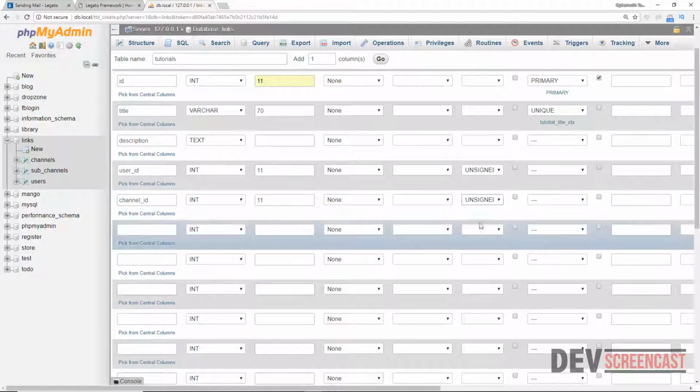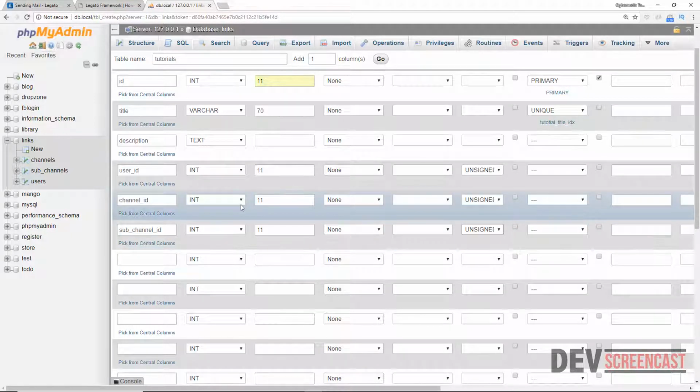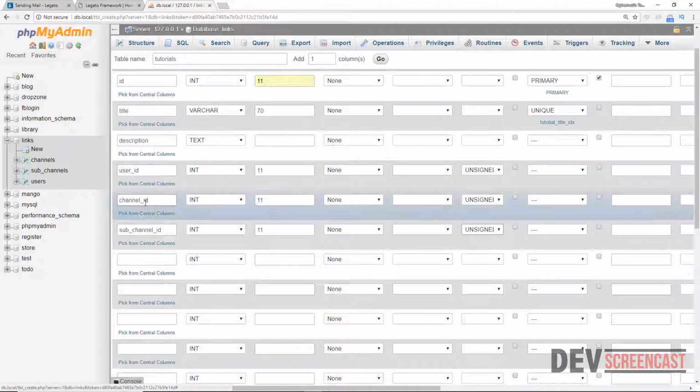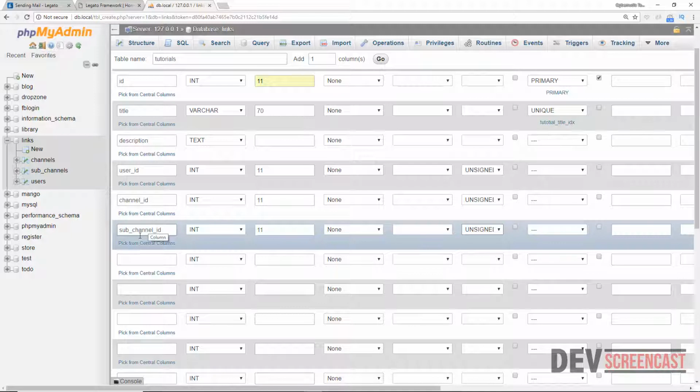Should also be unsigned. Then the next one should be the sub channel ID. Sub channel underscore ID, 11, unsigned. So all these are going to be used for relationships later, as we see in the course. This will be used to identify the user that owns the submitted link. This will be used to identify the channel that the link belongs to, and then this is going to be